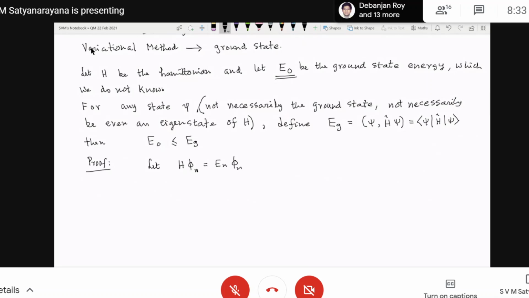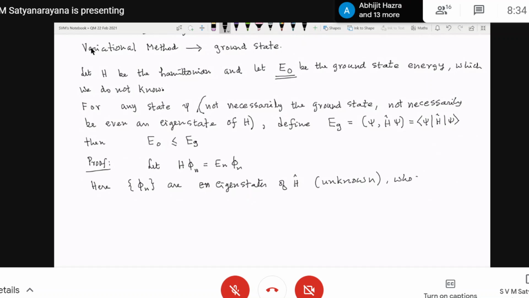Here, this set of phi n are eigenstates of H. Of course, we don't know them. If we knew them, then we wouldn't have to bother. They are unknown, but